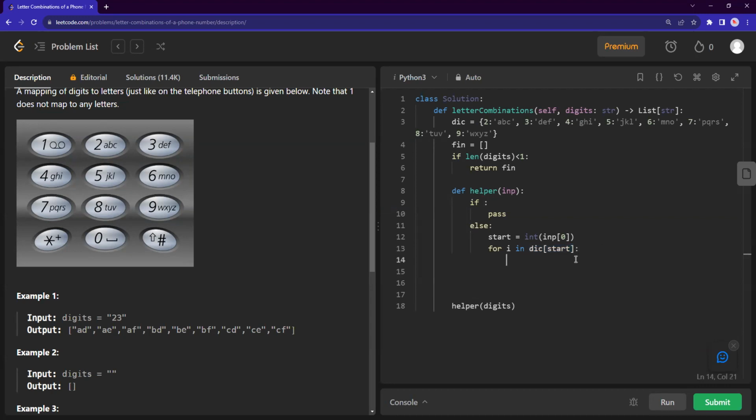I basically call the helper function again. And the helper function will now have input, but without the first item. And it will have to keep track of the result, so result plus I. And that means our helper function needs to be updated everywhere. So result,